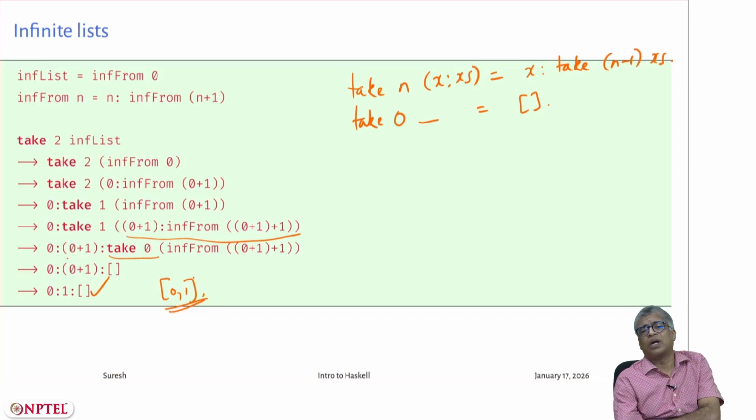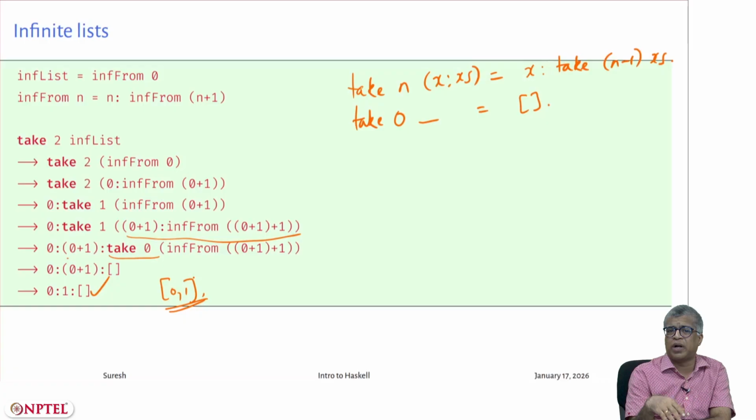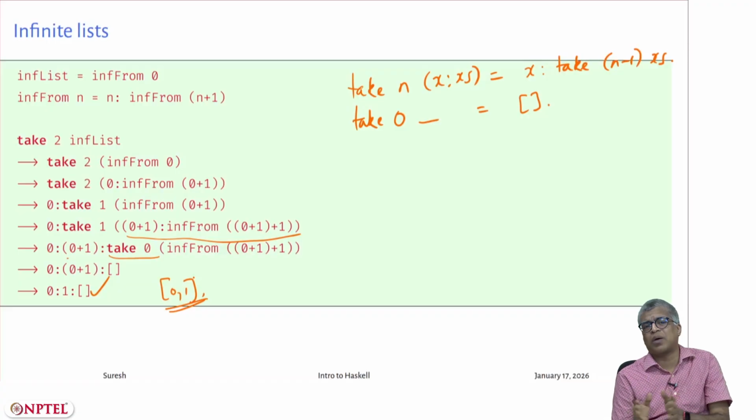So this is a beautiful thing that you can do with Haskell. You have expressions where the sub-expressions are actually infinite lists, they won't terminate, but you can use them in some larger computation where it terminates. Okay, and all this happens because of the laziness of Haskell.